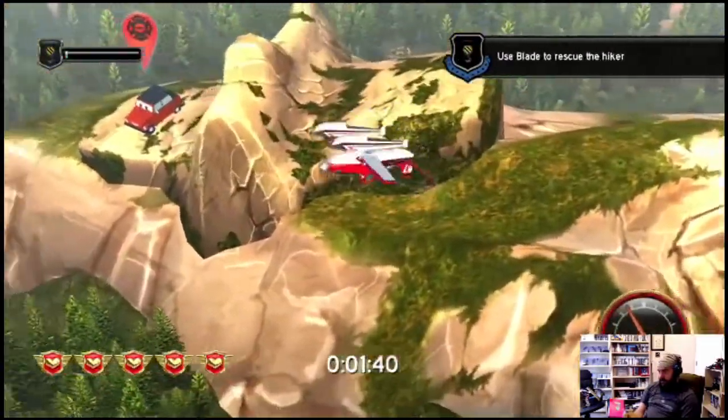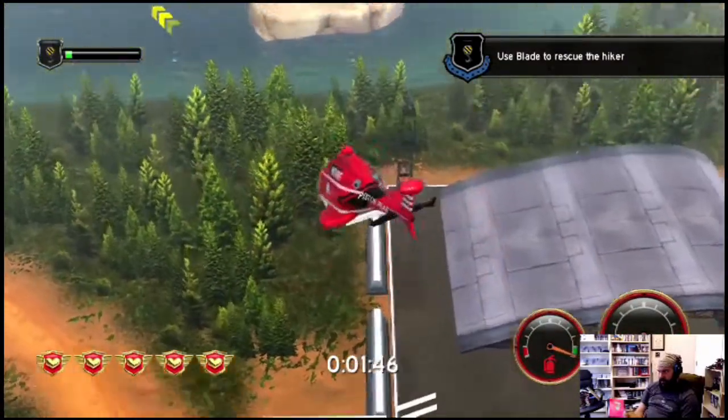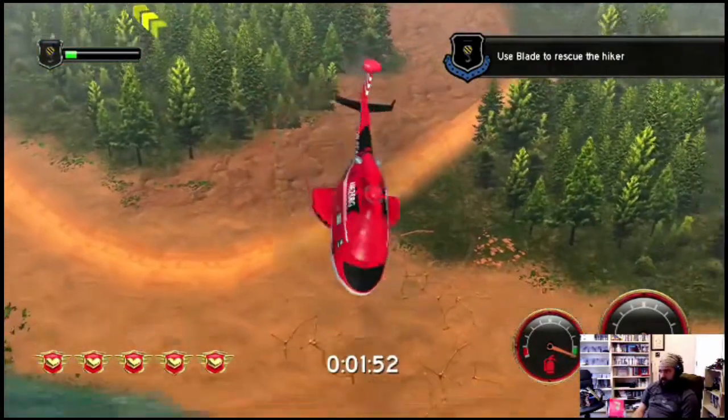Oh, cool. So I can switch characters. Now I've got a helicopter. Okay, so the helicopter can hover. That's kind of cool. You can also do the...